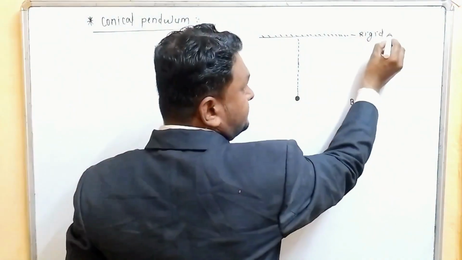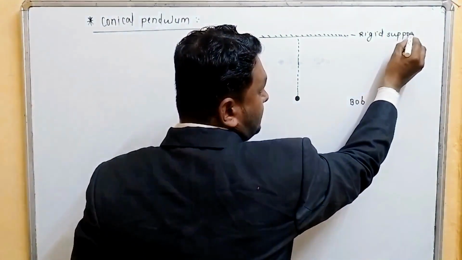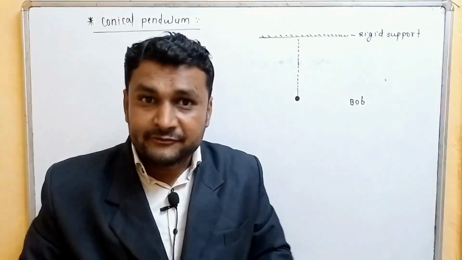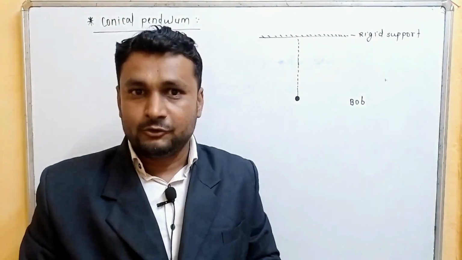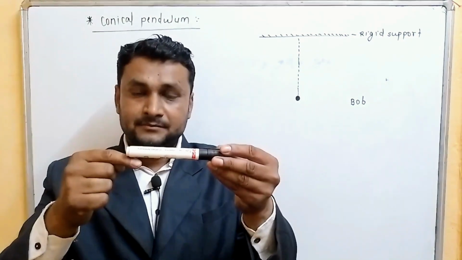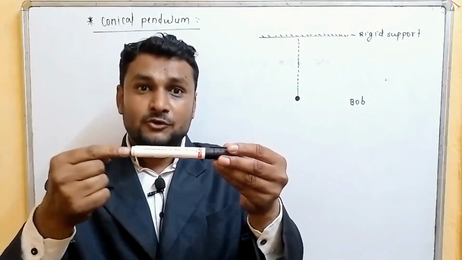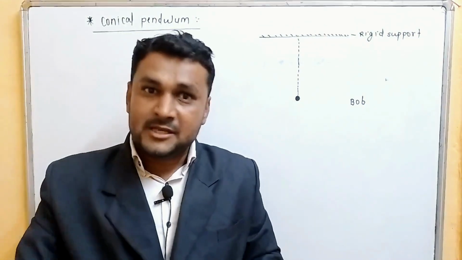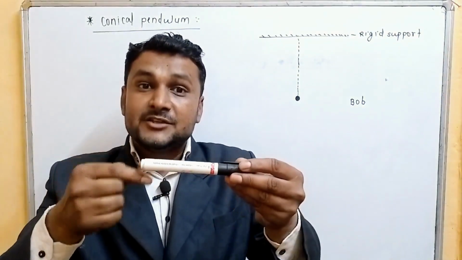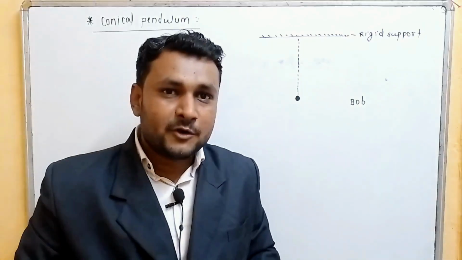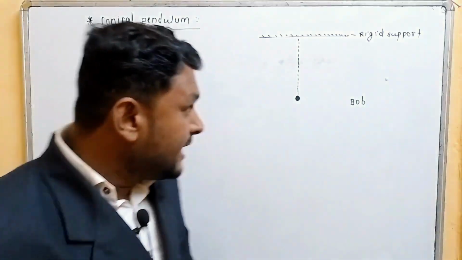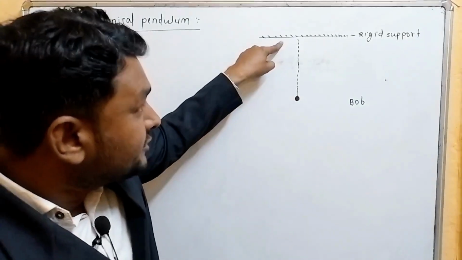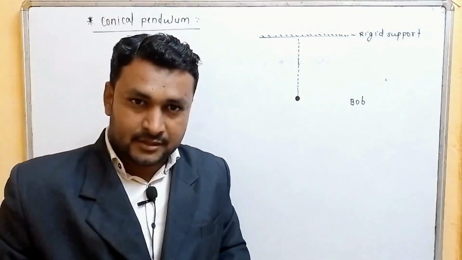Rigid means rigid body. So that body will not deform after the application of external force. Suppose this is the body, and if I am applying an external force on this body, then there will be no kind of deformation. It means that there is no change in the shape and size of the body. Such bodies are said to be a rigid body. It means that whatever force is acted by the bob and the string over the rigid support, it will not affect it.